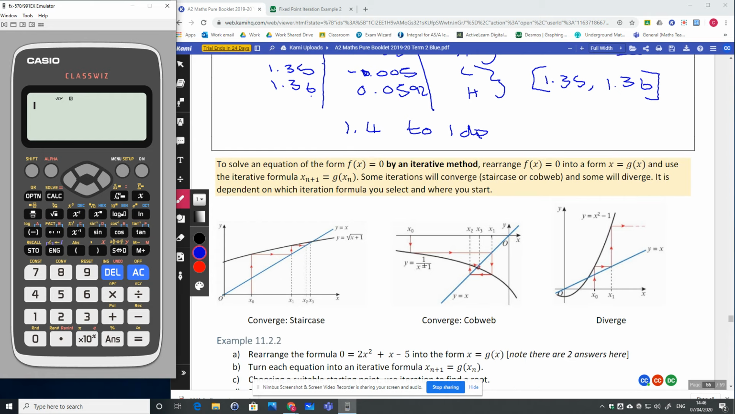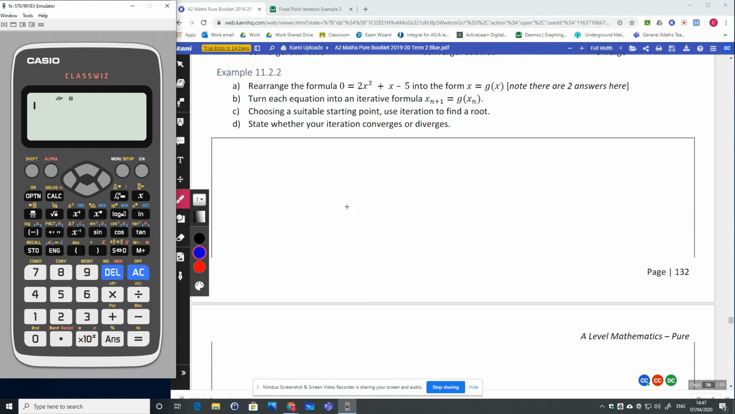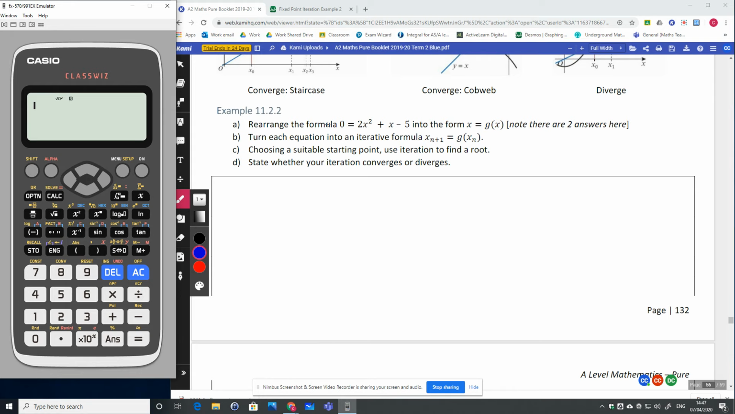I'm going to talk about these 3 graphs after we've done this first example, so we will come back to the graphs. They are really important, and we have seen exam questions already where this topic has been focused on the graph rather than on the written method. So it is important that you understand where those graphs have come from, but I think it makes sense to do it following this